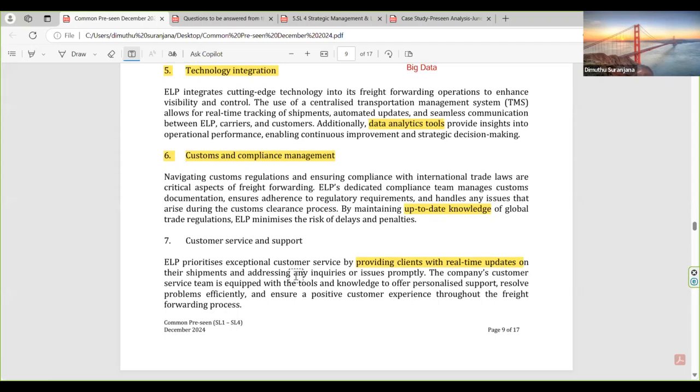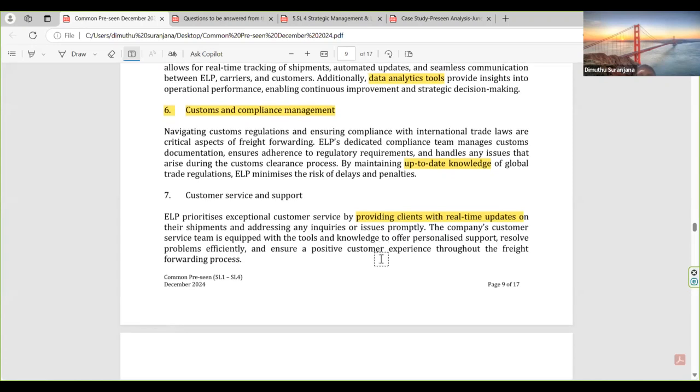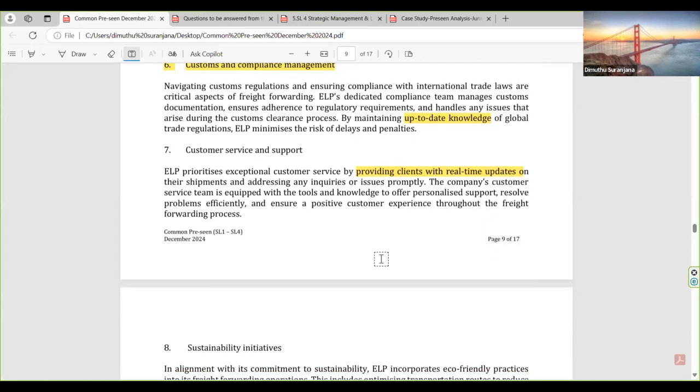Then customer service and support. ELP prioritizes exceptional customer service by providing clients with real-time updates on their shipment and addressing any inquiries or issues promptly. So they give real-time updates to the client. The company's customer service team is equipped with the tools and knowledge to offer personalized support, resolve problems efficiently, and ensure a positive customer experience through the freight forwarding